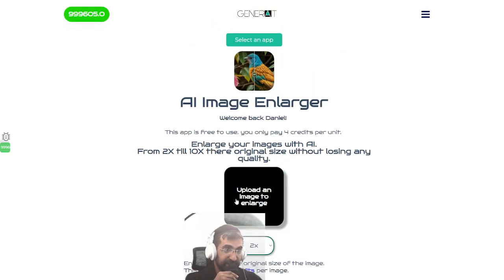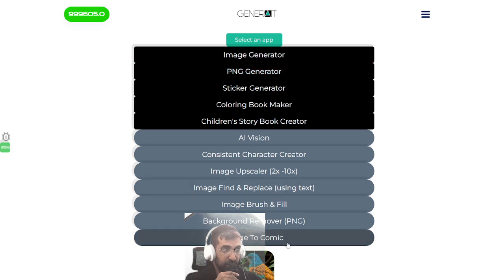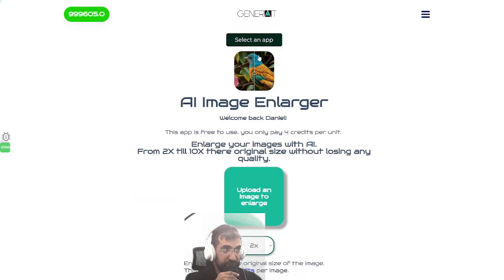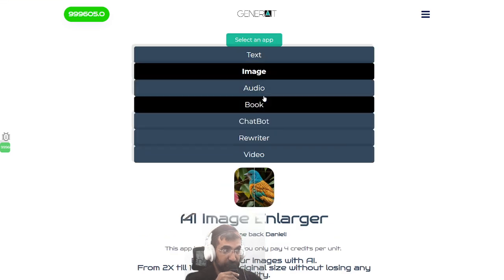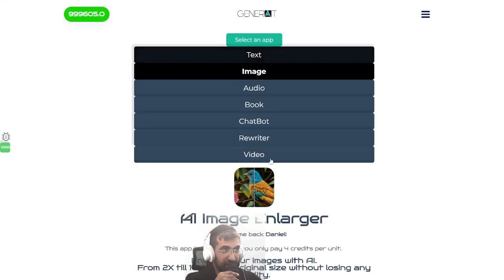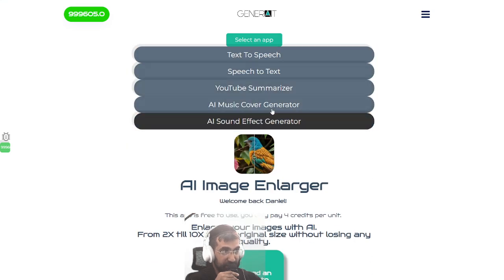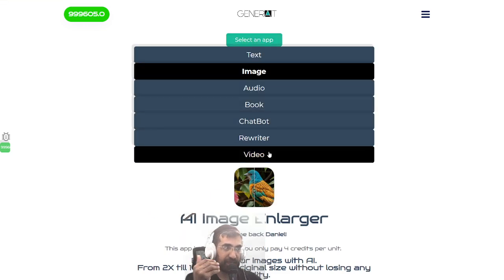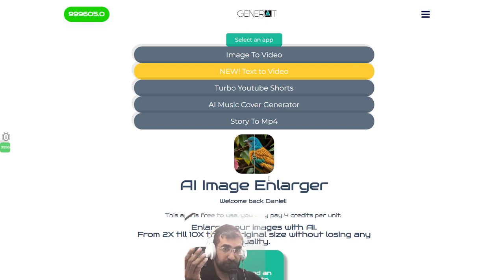Now, the amazing thing is if you have any credits left over, you can feel free to look at the other imaging apps, which you can then use as well. We also have text apps and audio apps like text-to-speech, speech-to-text, and just many apps, including a music generator, a sound effects generator, and many different types of apps which you can feel free to use